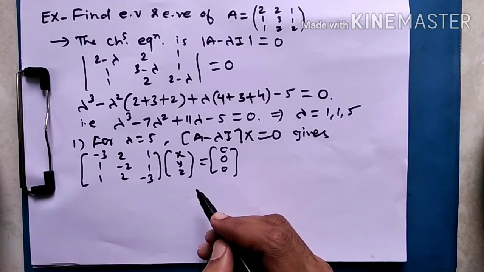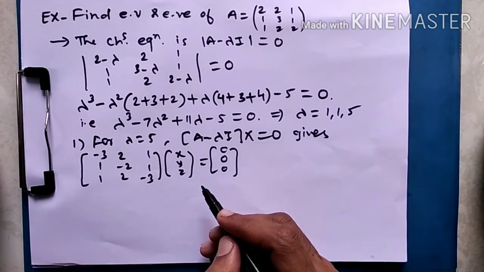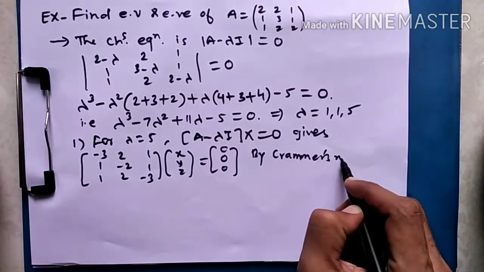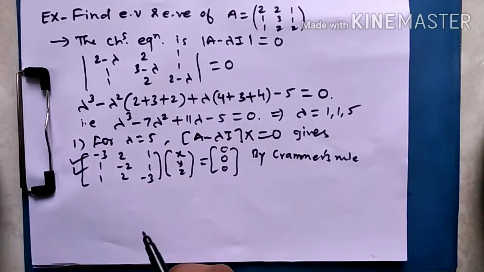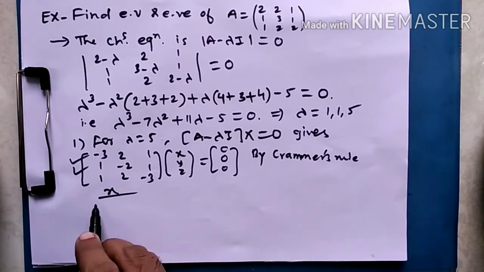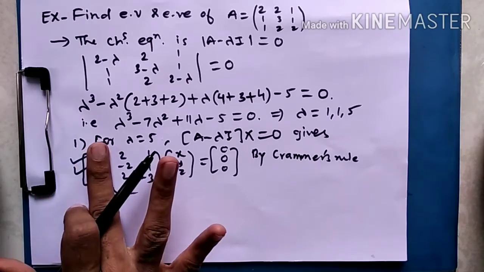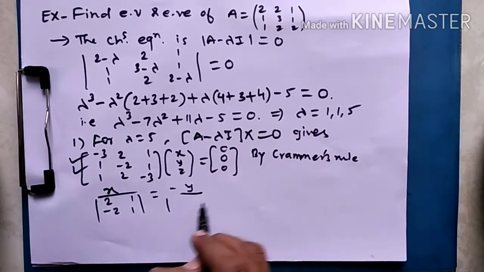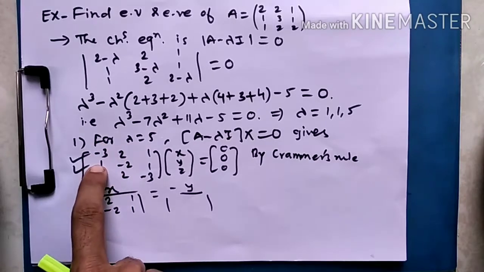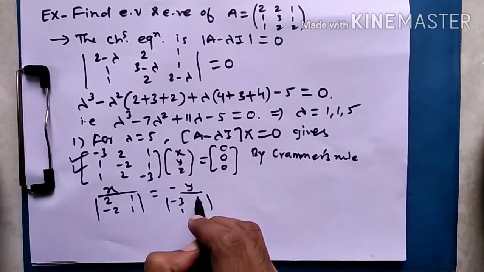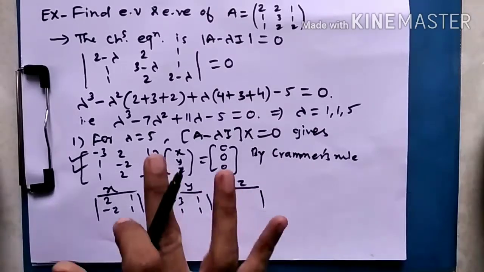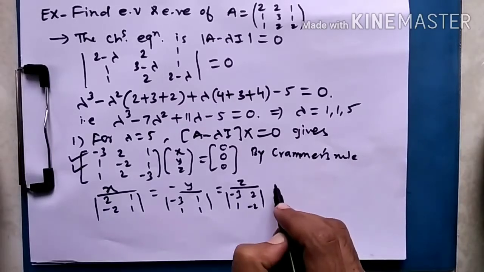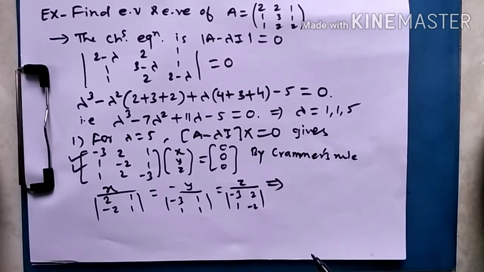So here again we can go for Cramer's rule to find the required eigenvectors. So using Cramer's rule again, I am going for first and second row. For x, you write its value in the denominator by hiding the first column. So you will be having 2 minus 2, 1 and 1. For negative y, we don't have to write the second column. So minus 3, 1, 1, 1. And for z, we will not be writing the third column. So minus 3, 1, 2, minus 2. Now just finding these determinants of 2 by 2 matrices will give you the required eigenvector.